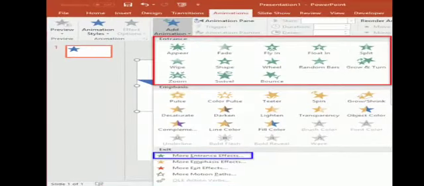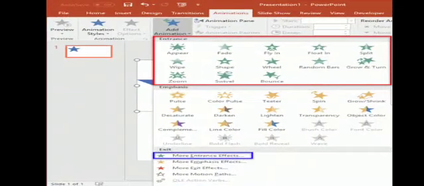First, as the name says, that is entrance. Entrance effects decide the manner in which an object enters a slide during the slideshow. These effects make an object fade gradually into focus, fly onto the slide from an edge, bounce into view and so on. Zoom, shape, wheel, random bars. For the entrance of the slide, it will give you options.